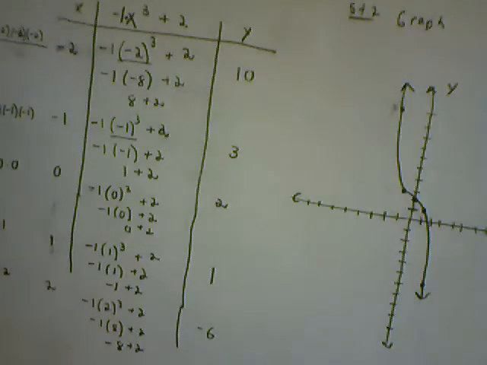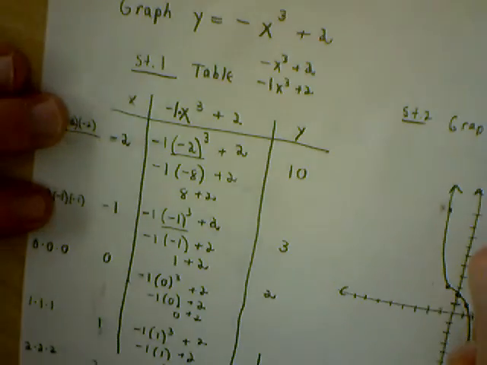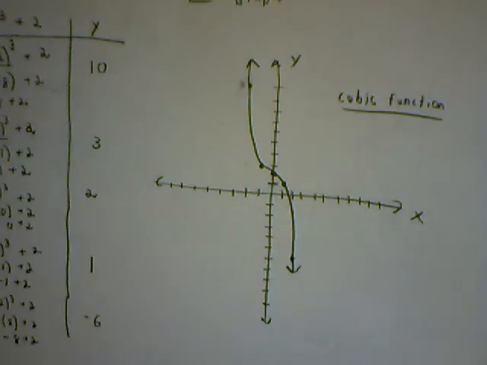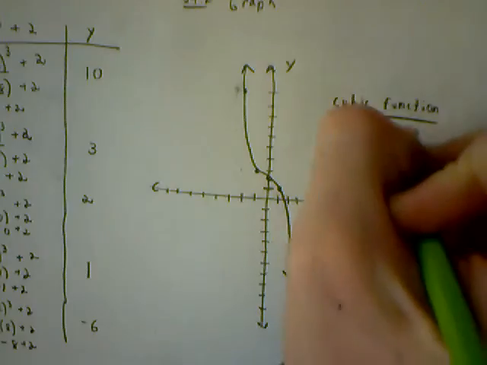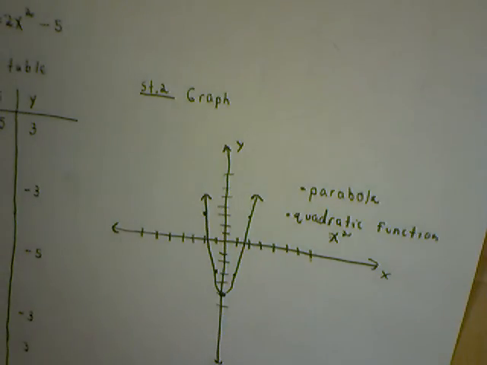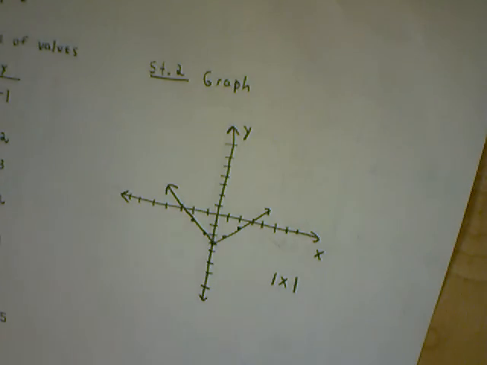All right, this is what we call a cubic function because I'm raising x to the third power. This is a cubic function. And they'll have this general shape. So it's not linear because it curves, but it's a cubic function because we had an x to the third power. Summarizing, back over here we had a quadratic function because I had an x to the second power. All right, and then up here I had an absolute value function because I had taken the absolute value of x. All right, that concludes